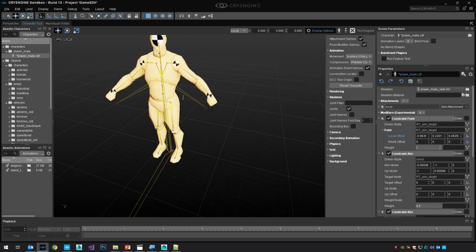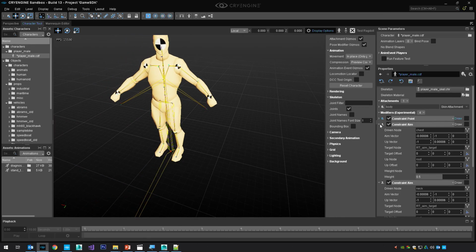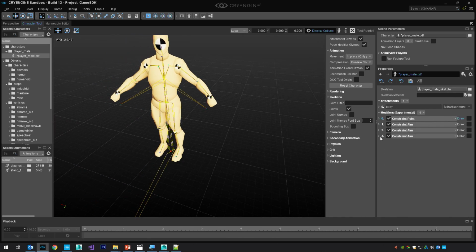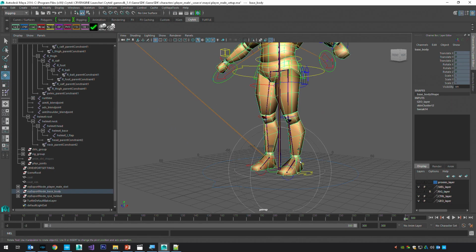And you can have the same for the legs. You can have IK legs if you want, and you can have all kinds of runtime rigging without the need for an animator, basically. And yeah, maybe I can show you a simple leg IK as well. For that, I need to quickly